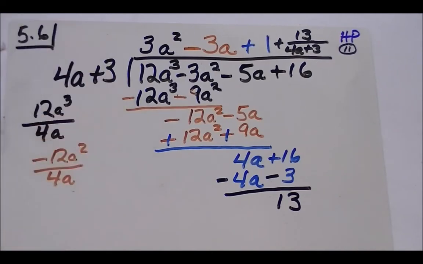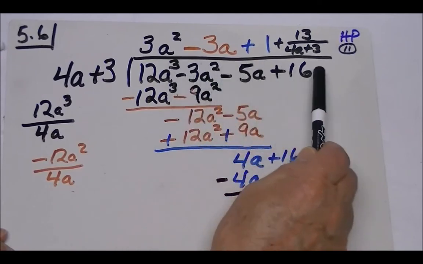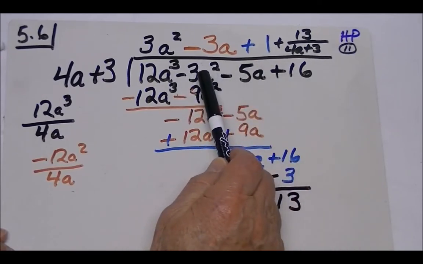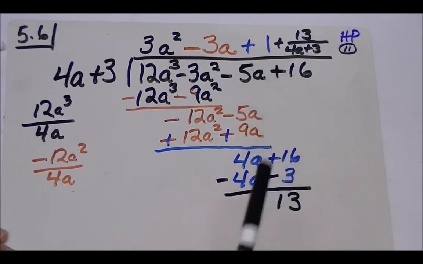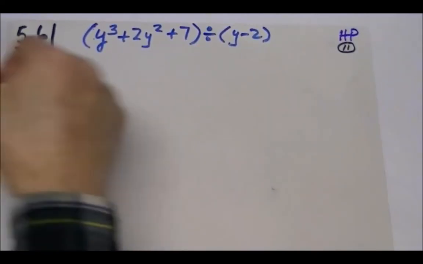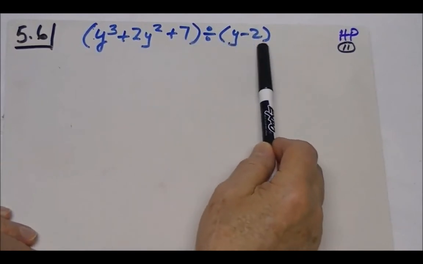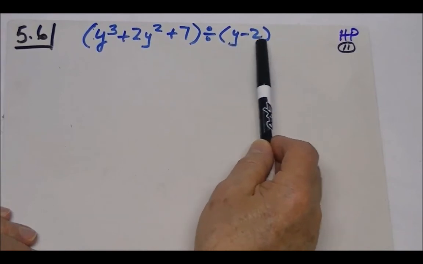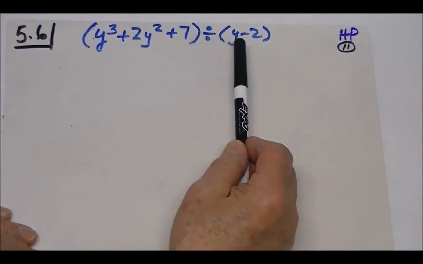So in doing these, and again you need to practice, a couple of things we should note is that if there were a power missing, we would have to put a placeholder there. In fact, let's do one like that so you see what it's like. This would be a typical example of where we have a trinomial divided by a binomial. Another way this might appear is that this binomial is under a common division bar, and you would do this